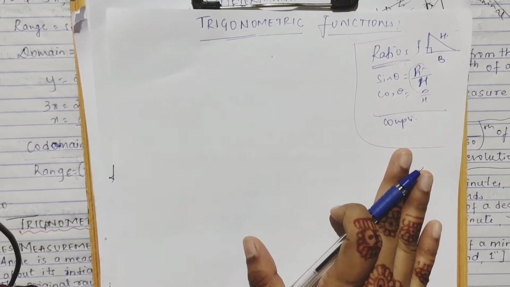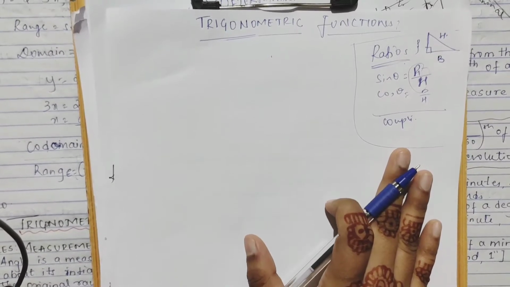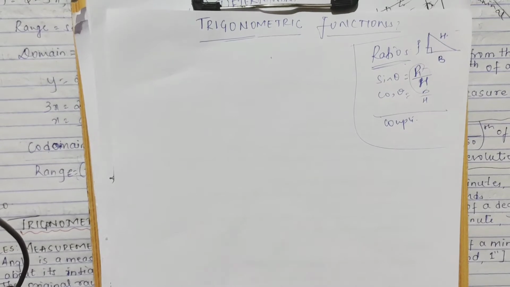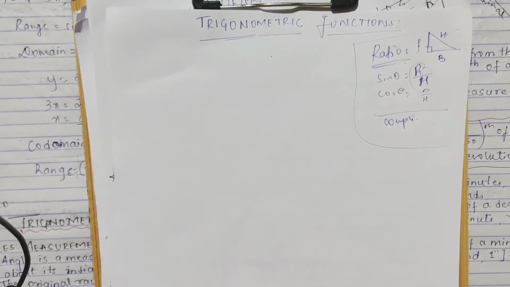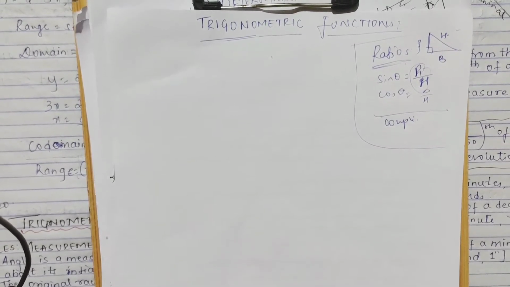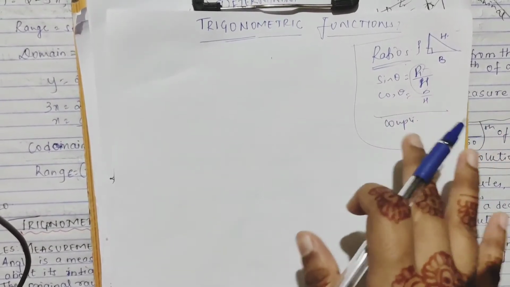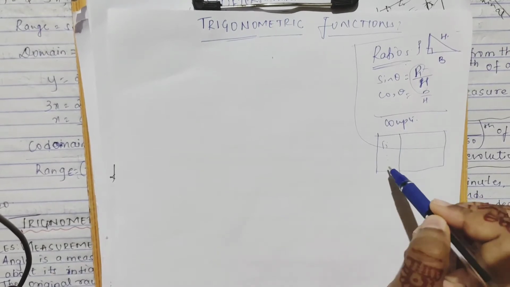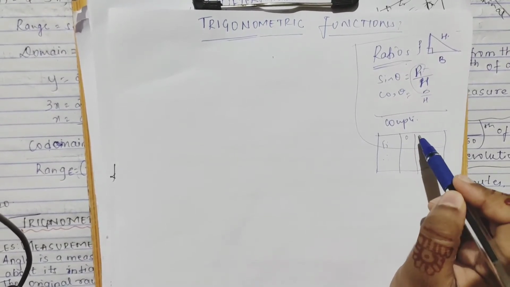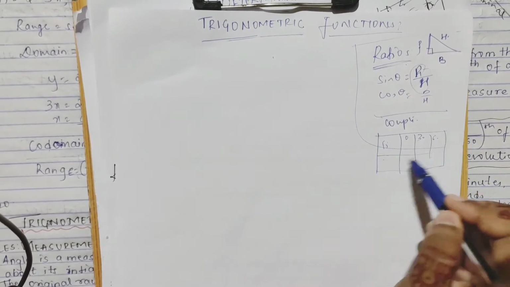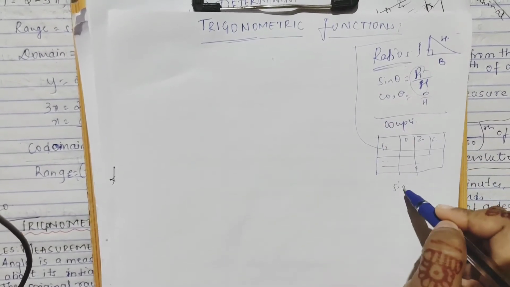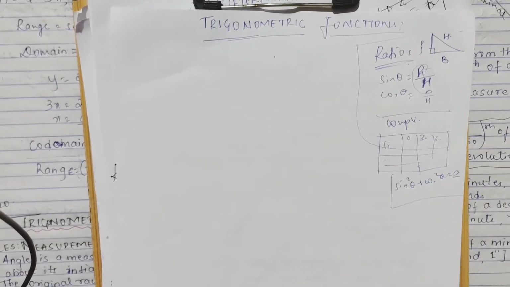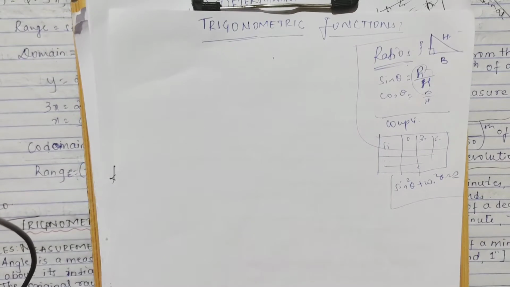formula book and keep it, so that it will be very useful when we will be solving the problems in trigonometry. You will have your book beside you, and you won't have the tension of where it has come from, because I won't be giving all these things again. Even the chart, sine, cos, tan for 0 degree, 30 degree, 60 degree, all those parts. And even here you have sine square theta plus cos square theta is equal to 1, all these equations, just write them down.